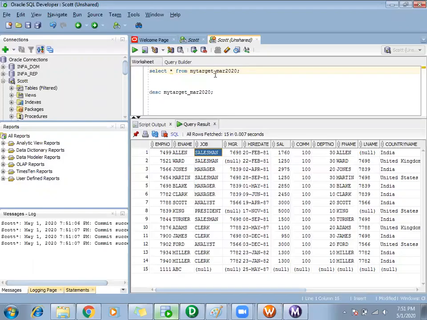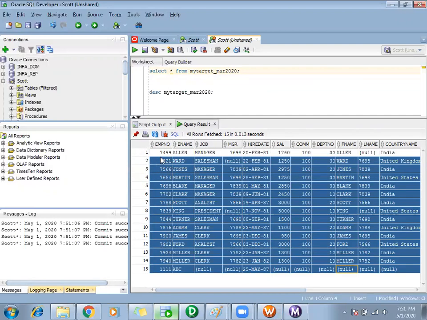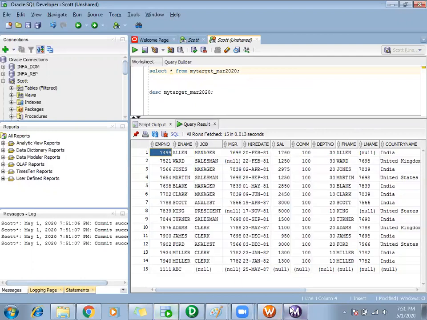Okay, it is completed. See, in my target, it got changed to manager now. So the record got updated. If there are any changes, it gets updated again based on the employee number.